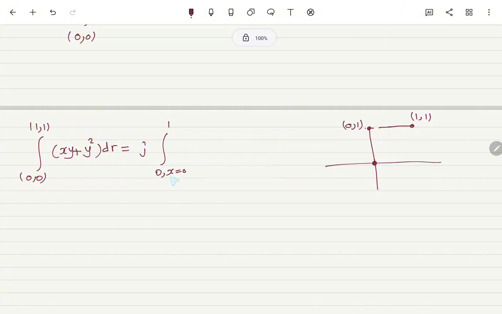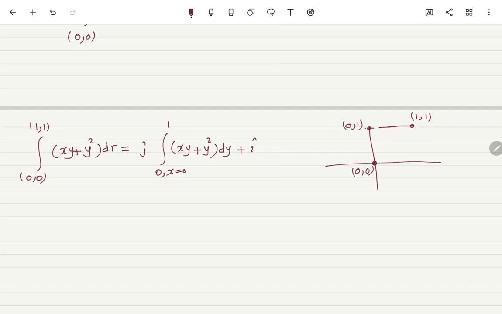Now x equal to 0 is fixed here, and only y is changing from 0 to 1. This is 0 0. So y is changing from 0 to 1, but x is kept constant. xy plus y squared dy